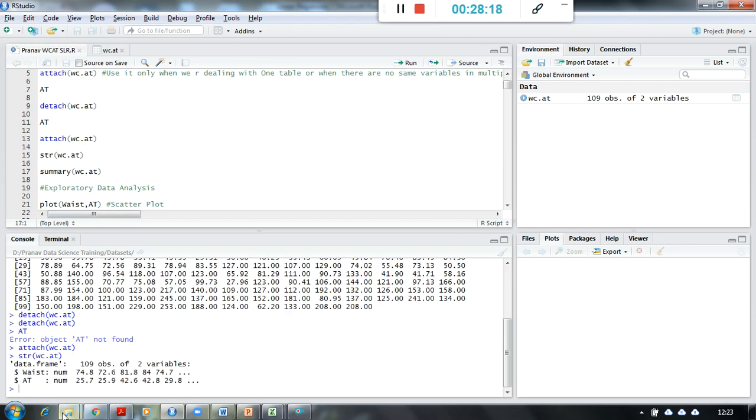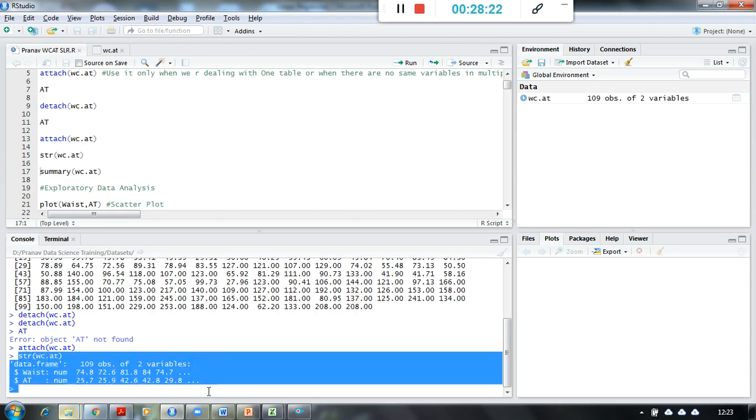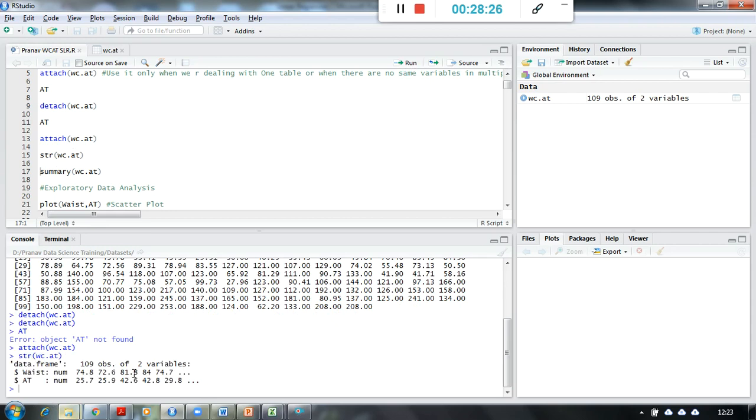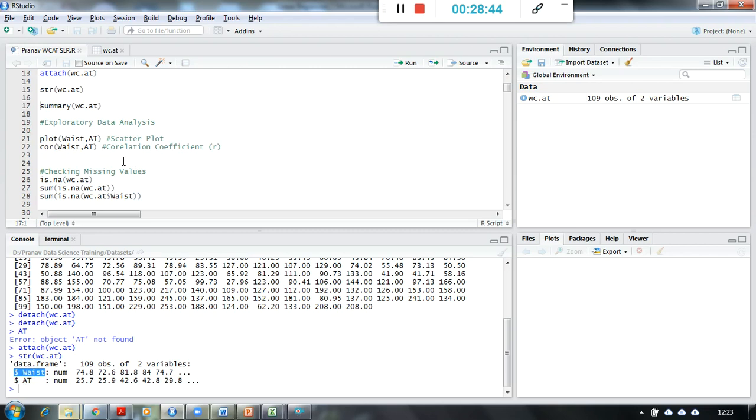So this is the structure of my data set. So the EDA process has started now, okay. We have understood the business problem, we have collected the data, now we have started to understand the data. So both the variables are numerical, okay. So I can go for regression, because here my objective is to predict the AT area by using waist circumference, okay. So only one input is given, so I am going to use simple linear regression.